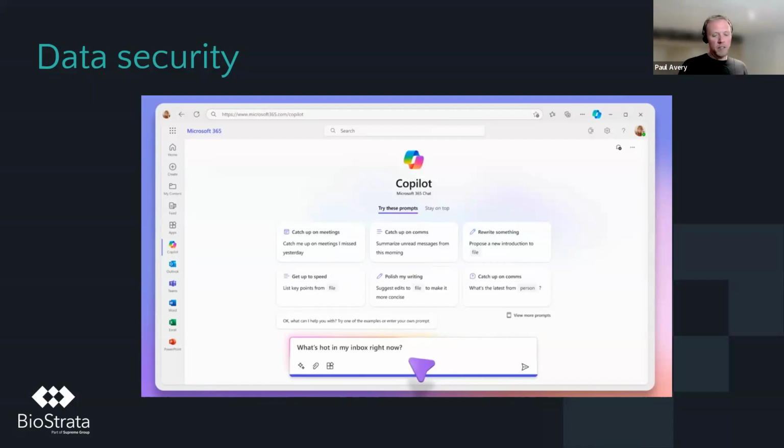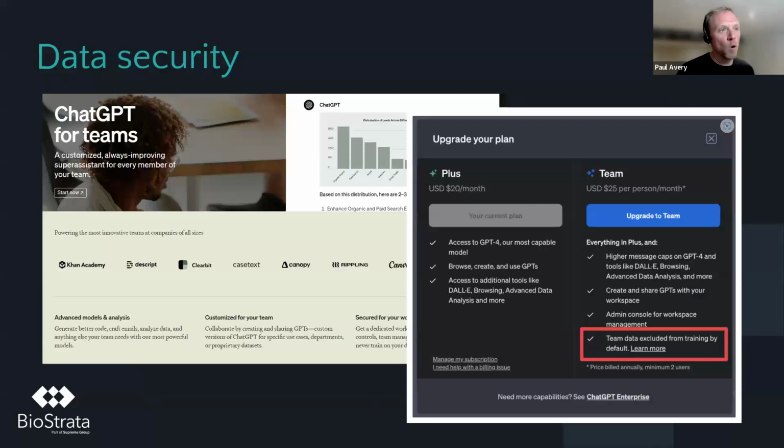Fundamentally, a lot of those things have been ironed out, and we just haven't heard any of those horror stories for maybe at least a year now in terms of people accidentally seeing other people's data. And in most cases, if you've got a paid account, your data is not being used to train the models. So my current advice on this is, if you are using the free versions, do not trust them. Do not give them anything proprietary. If you're using the paid versions, you can have a bit more confidence.